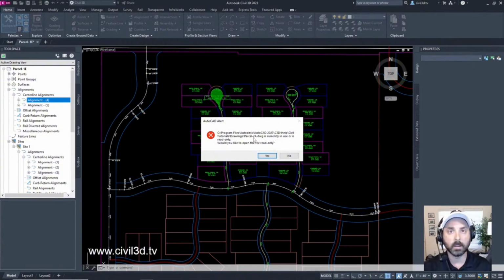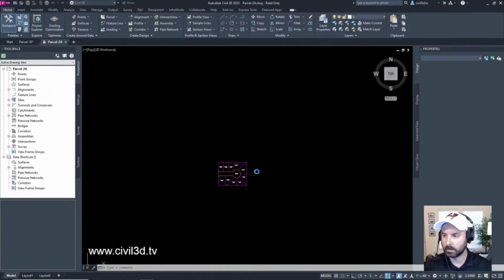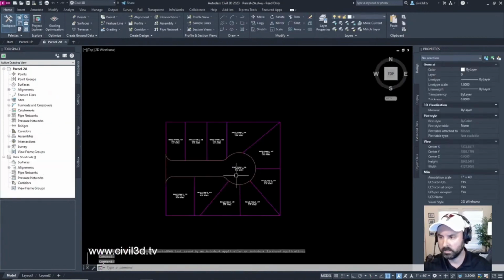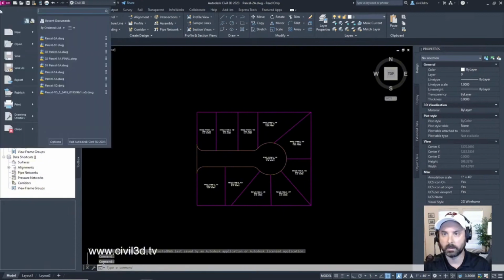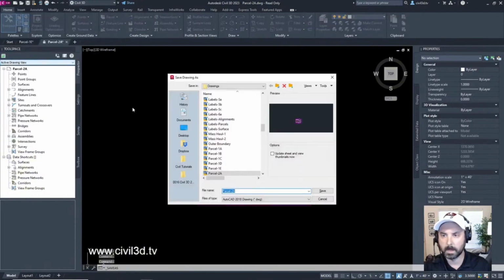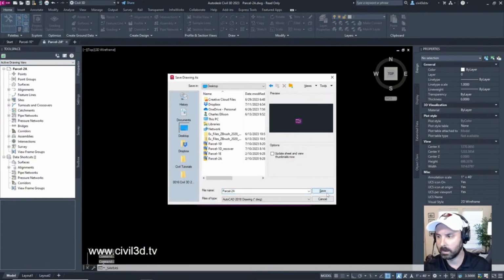Hopefully that's the path that you installed Civil 3D on. But yeah, it's pretty buried, but this is the path. Click yes. And I'm just going to save this to my desktop for right now. Desktop, save.